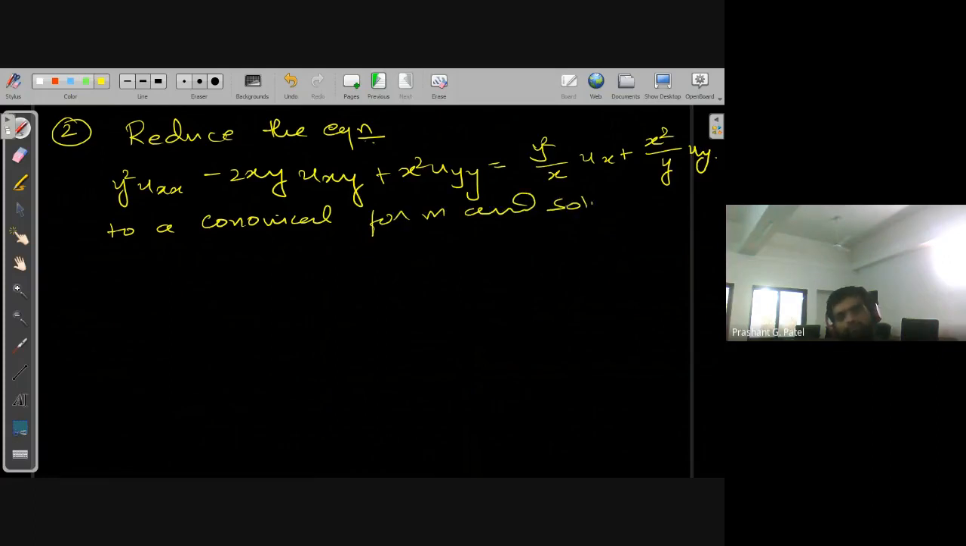And solve it if possible. Okay, finally we need to solve also this equation. So to see the solution for this, we need to compare this equation with the standard equation of second order semi-linear partial differential equation. So consider